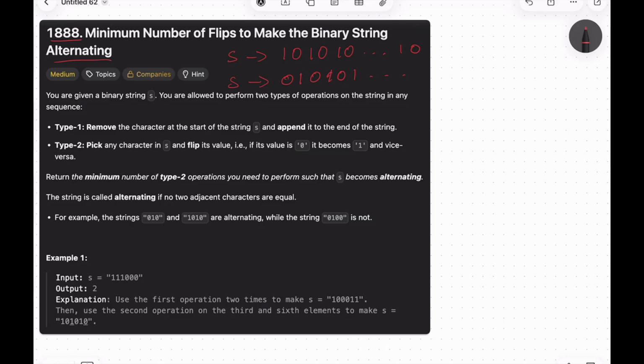So you are given a binary string s. You are allowed to perform two types of operations on the string in any sequence. Type 1 is remove the character at the start of the string s and append it to the end of the string, which is basically a rotation. You take from the start of the string and you put it at the end,